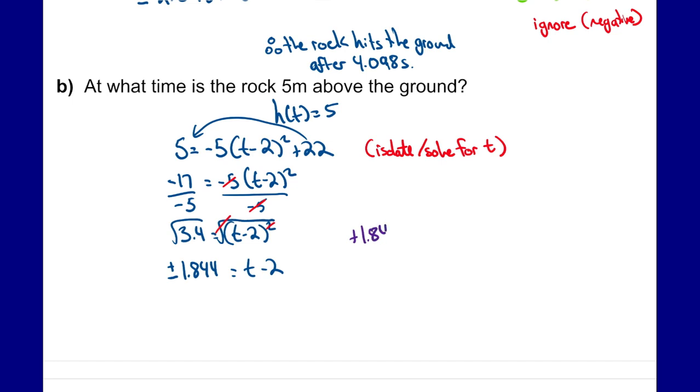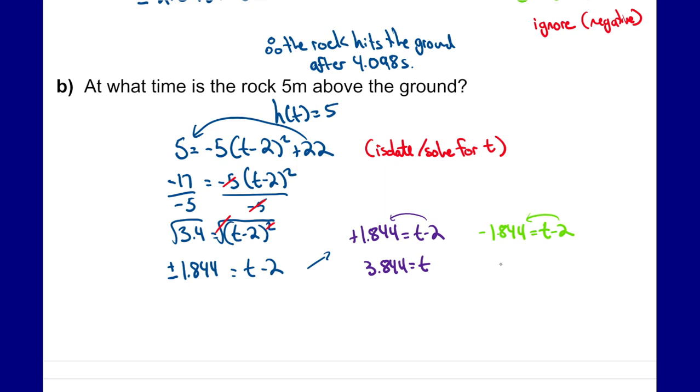Positive 1.844 equals t minus 2, and negative 1.844 equals t minus 2, and we're going to look for two different solutions. So again, because of the square root, there's two different possible solutions here. So I go through and solve, move the minus 2 over, it becomes plus 2, so 3.844 equals t, and the other one, move it over, it becomes plus 2,